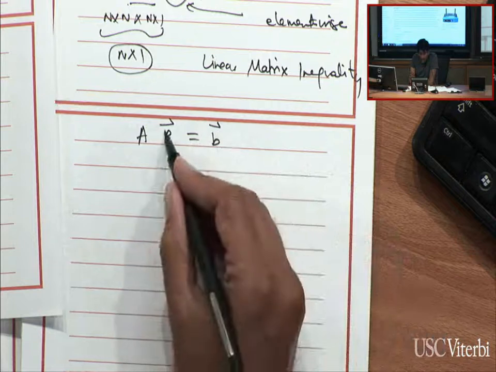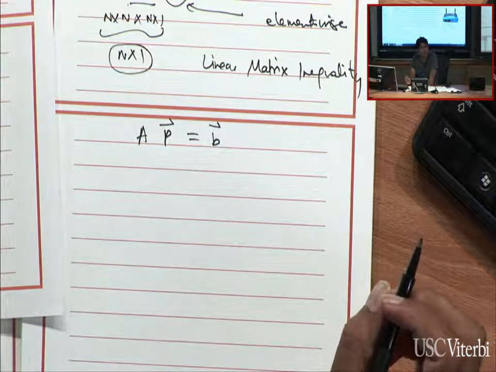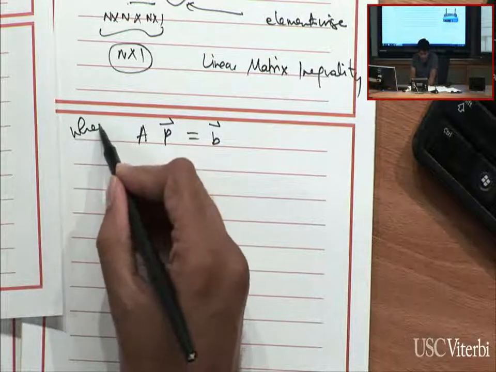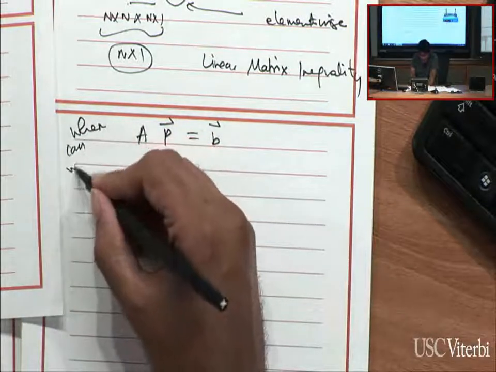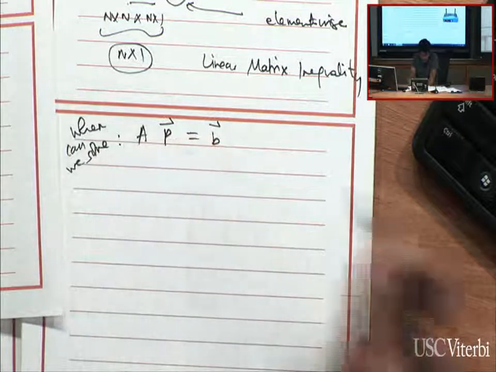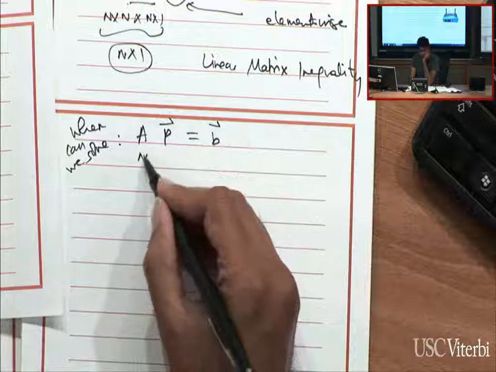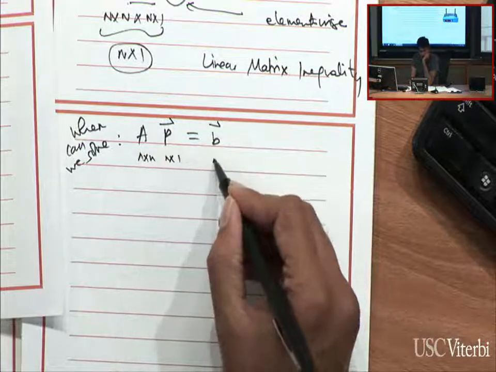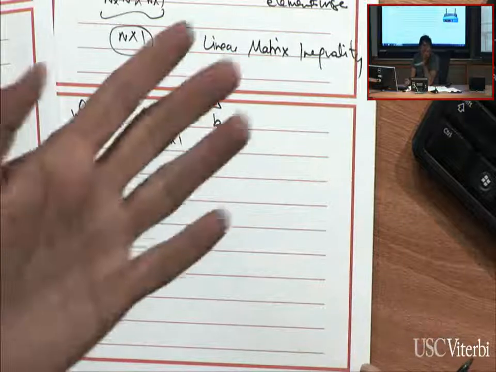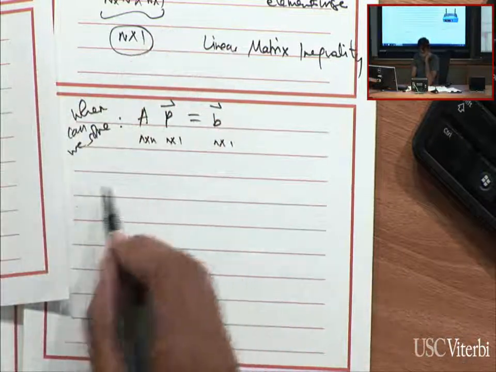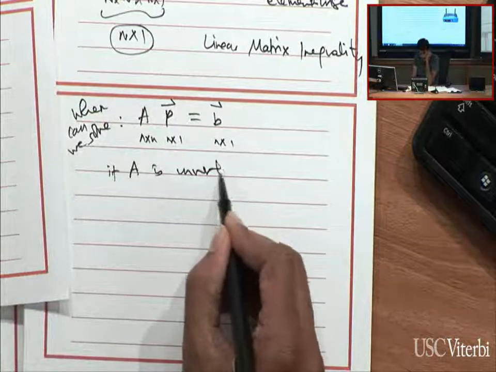How would you solve this linear equation? What do we need in order to solve this equation? What we want to figure out is when we can solve this. A is a square matrix, it's n by n. This is an n by 1 vector. When does A have an inverse? When A is invertible, right? And in particular, if A is invertible,